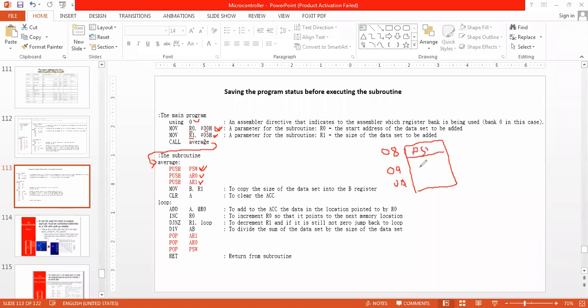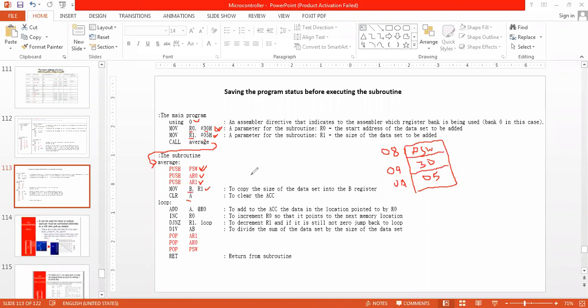Inside 09, what will be stored? AR0. What is R0? 30H. And 05H. Move B comma R1. So B will have 5. Clear A.